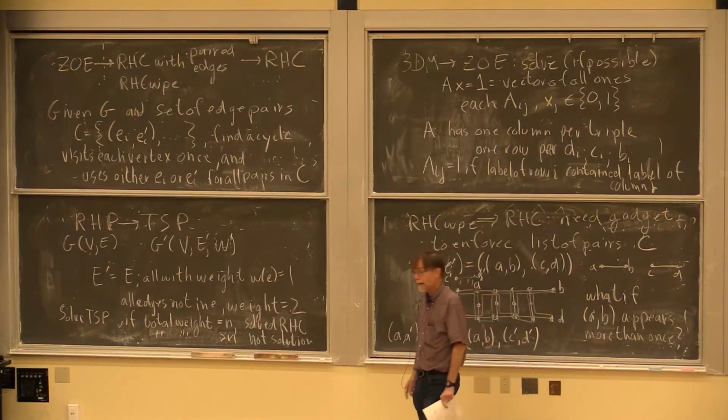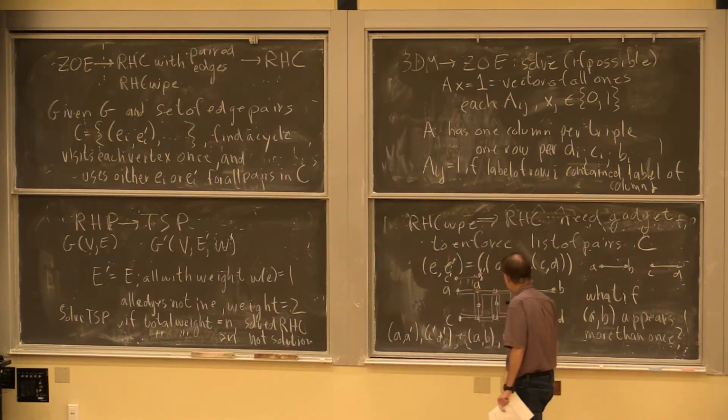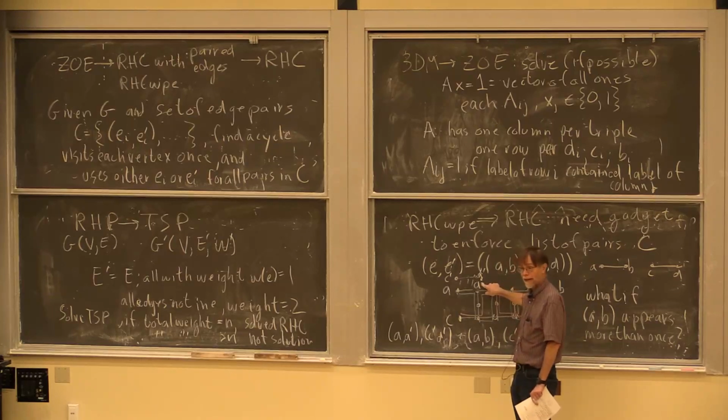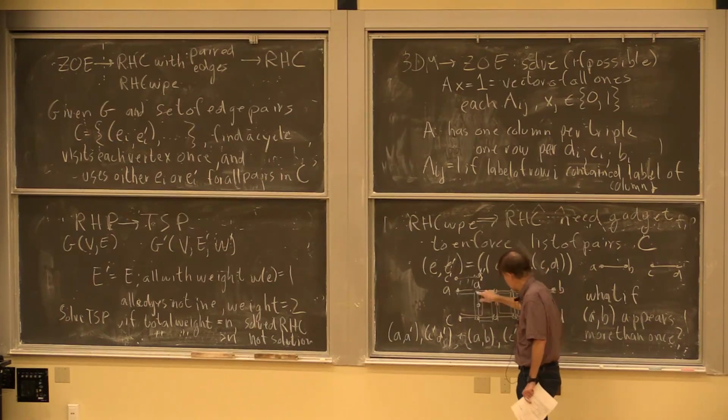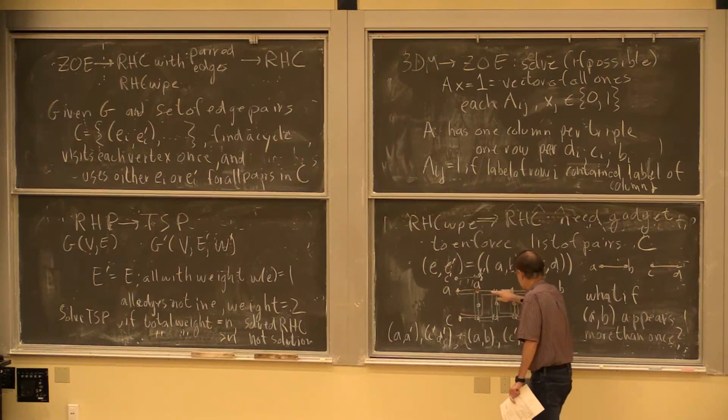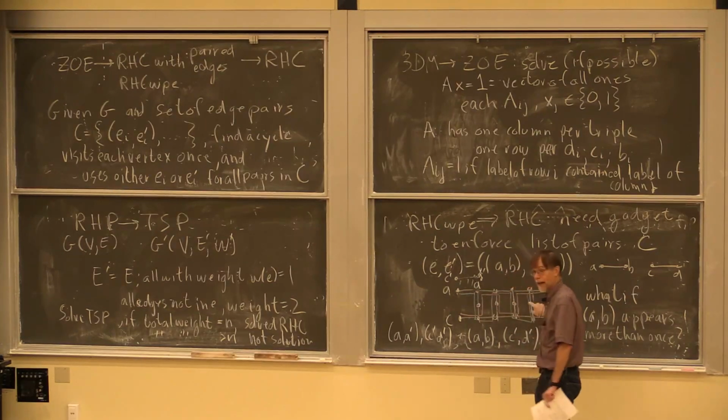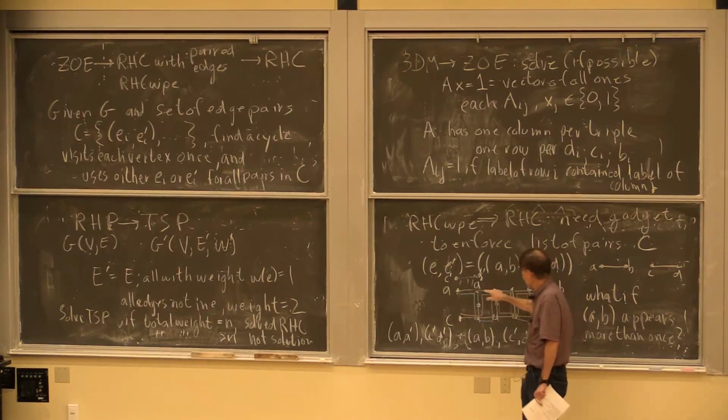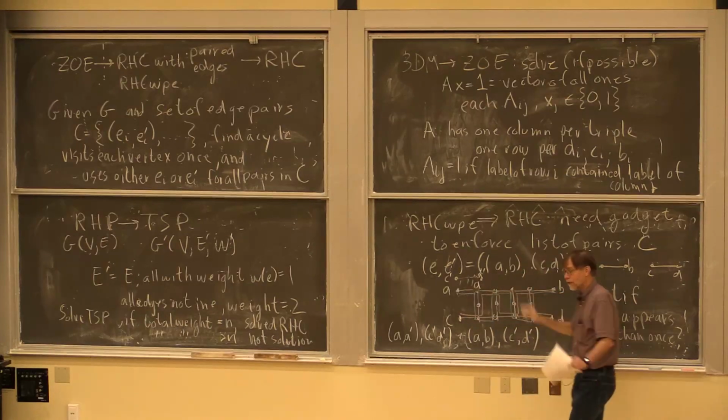Yes? So on that board right behind you, where did A prime come from? I just invented it. I stuck it right there. I just gave it a name. I mean, I had to invent it in the first place, right? These are all brand new vertices I added to my graph, and I'm just giving that one a name, A prime. So it represents the original A, right? Yeah, right. It just sort of represents the original A.